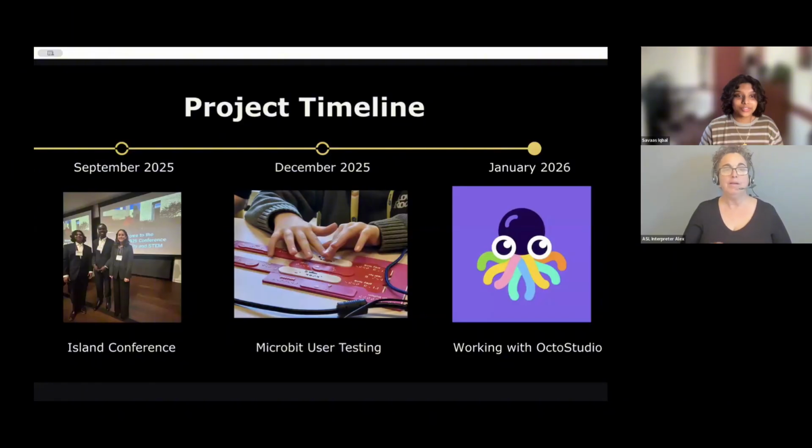Then in September 2025, I'm here with 2 members of the team. That's the image on the screen. At the Island Conference hosted at Princeton University, where we were able to get some feedback and get some exposure on the project. Then in December 2025, we sent the project internationally to the UK to get user testing from